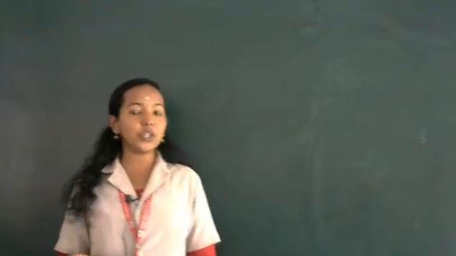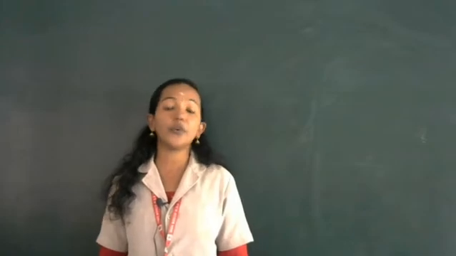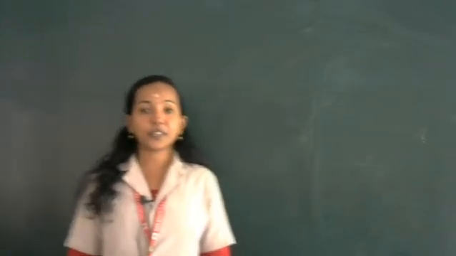Next we are going to discuss the applications of internet services. The first topic is the different services on the internet. In this video we will discuss 4 different services on the internet. The first service is World Wide Web. Then the different types of web browsers, web browsing, and also search engine. These 4 services we are going to discuss in this section. So the first service of internet is